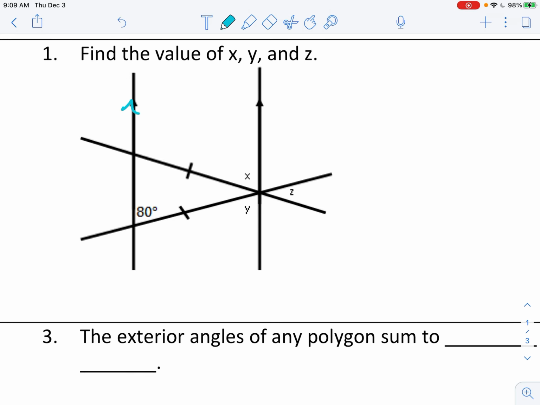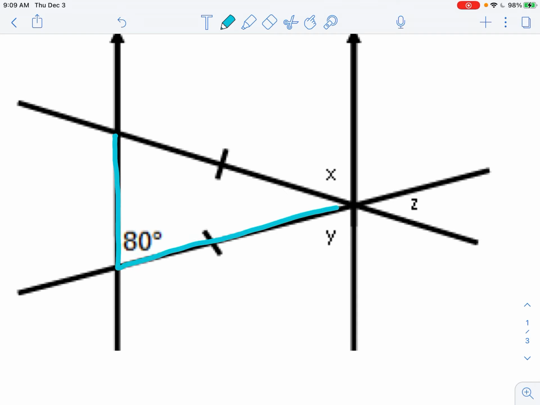One is involving these arrows for the parallel lines, but I'm going to do it without it because I think it's a little more interesting. So I'm just going to zoom way in so that I could focus on just this triangle. Because this triangle has those marks on the sides, it's an isosceles triangle. I kind of wish I could turn my paper sideways so it looks like it's pointing up